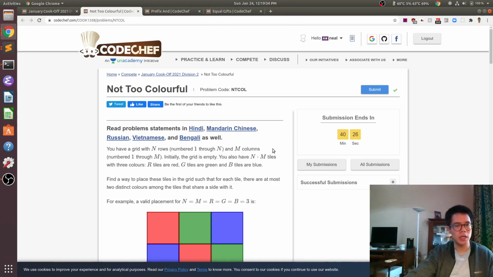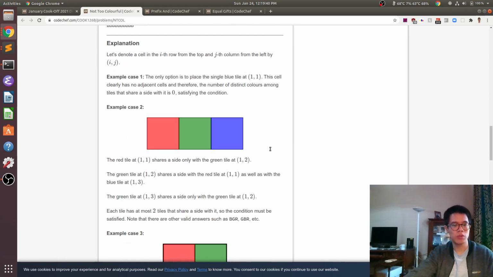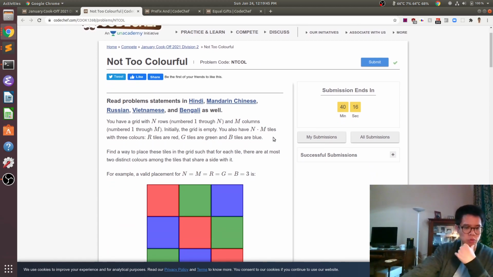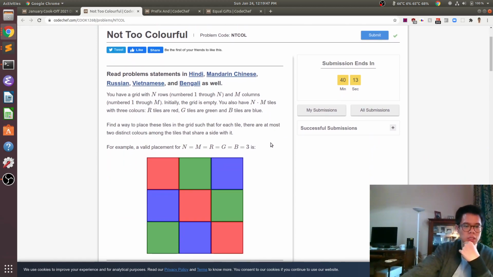All right, let's look at "Not Too Colorful". So we have 3 more problems in div 2. For this problem, we have an n by m grid again, and we want to color everything. So R of the tiles need to be red, G of them need to be green, B of them need to be blue. And we need to set it up so that